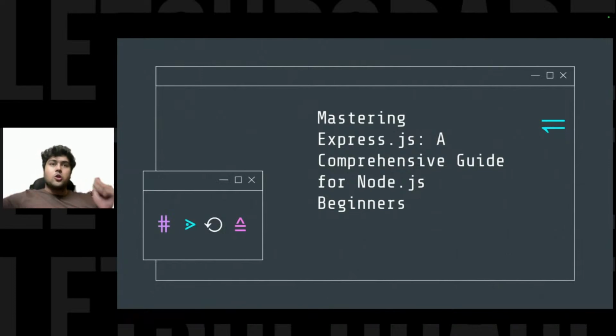But now the question arises, what is a framework? If you remember, I mentioned that Node.js was an environment, and Express.js is a framework. But what is an environment? What is a framework? This is a very confusing analogy, right?